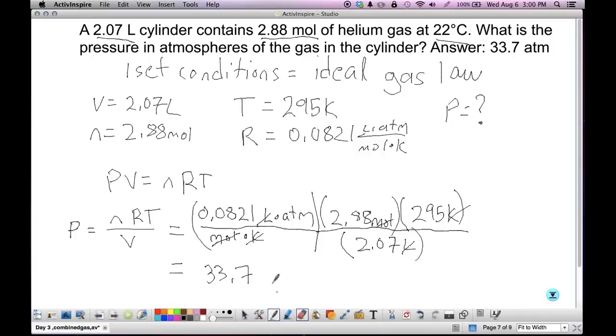So we're going to get our pressure in atmospheres. You want to check that all your units cancel out before you do your calculation, okay? Make sure that your units cancel out before you do your calculation. So here you have a problem using the ideal gas